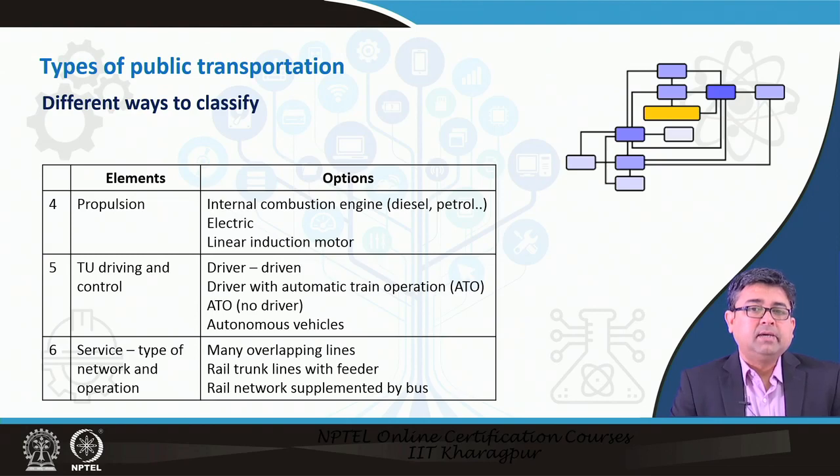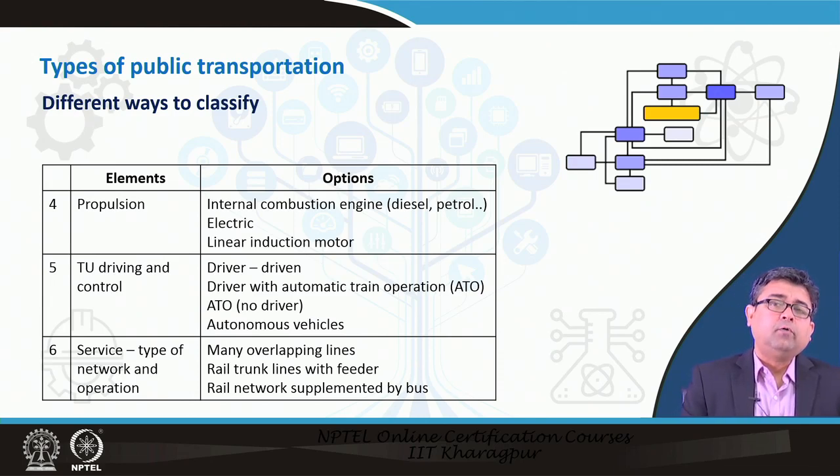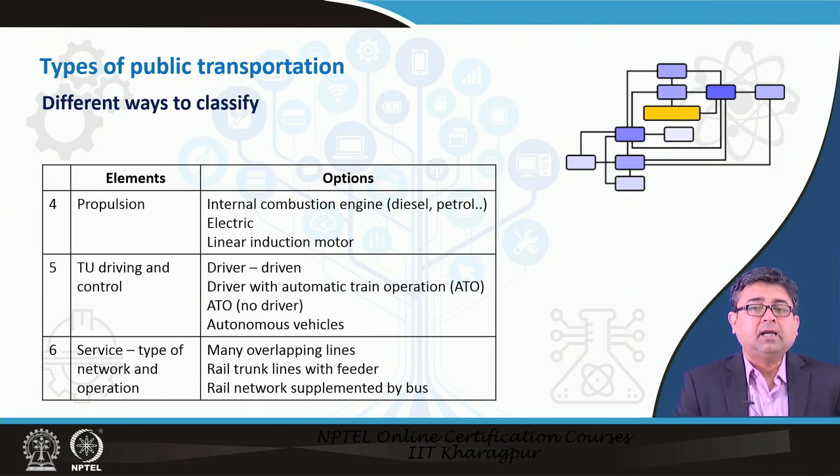categorization that can be done is based on service. There may be many overlapping routes. We will look at how different types of public transportation networks are set up. We have only looked at a couple of maps where you saw that there were a lot of overlapping routes and a lot of interconnecting routes, but they all have their basic advantages and disadvantages. Based on the character of the city, all these types of services are developed. So, public transportation systems can also be categorized based on what type of service they provide, the type of network and operations that is available.